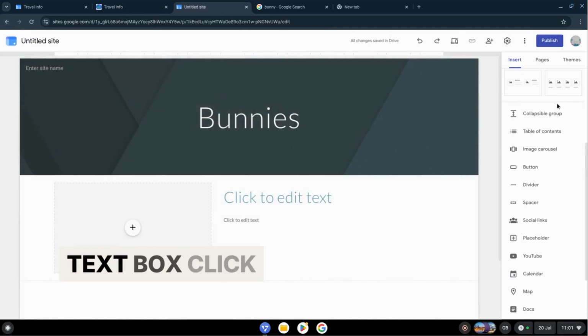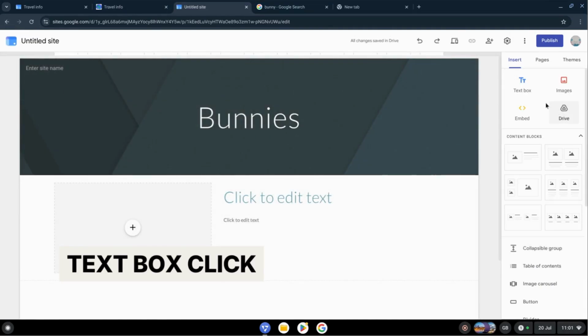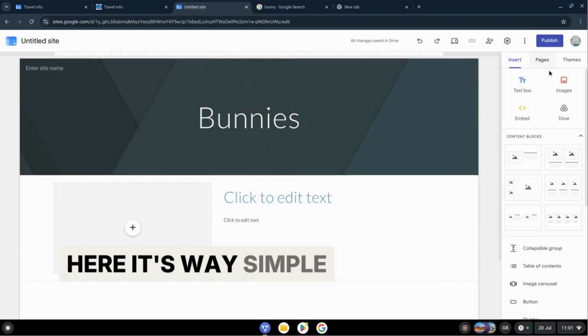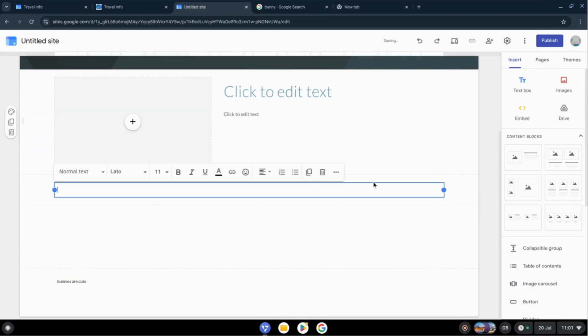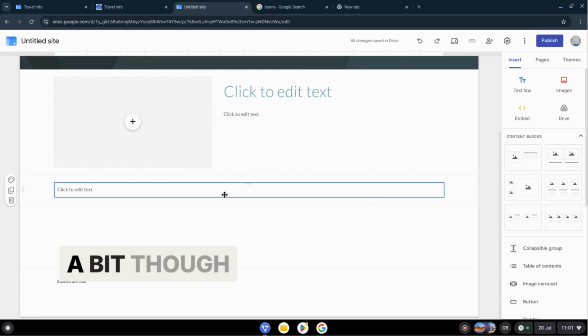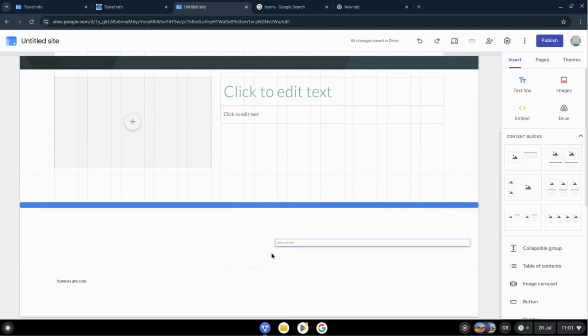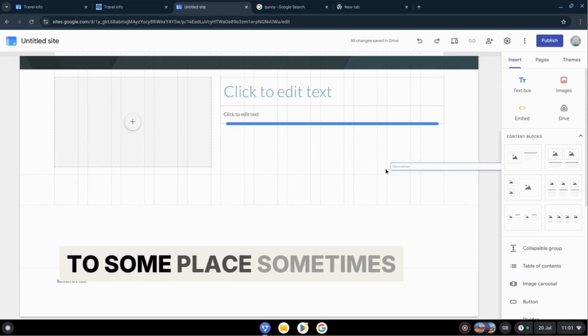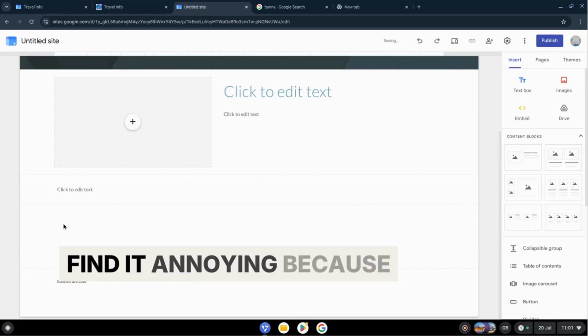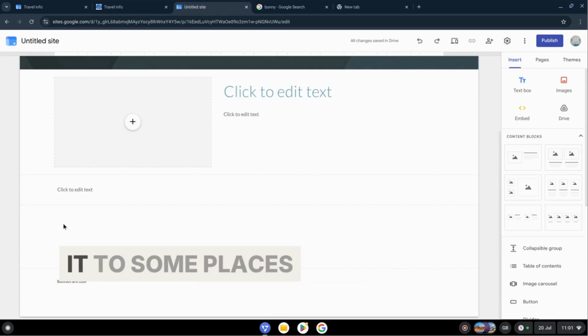Anyways, if you need a text box, click here. It's very simple. You can move it around a bit, though sometimes I find it a bit hard. Press these dots and just go to some place. Sometimes I find it annoying because you can't really take it to some places. So, yeah,